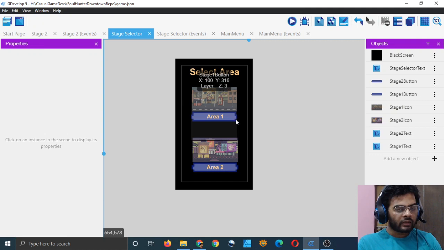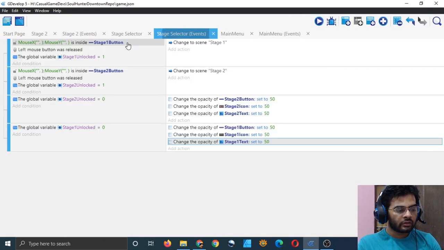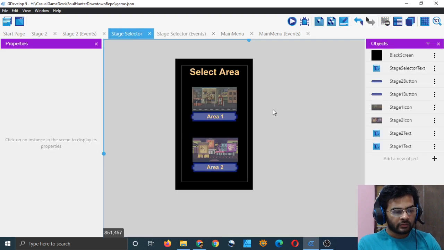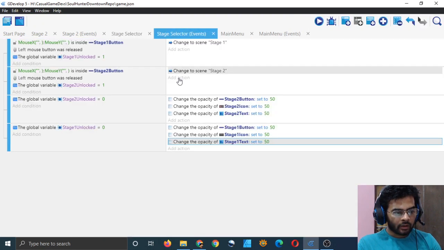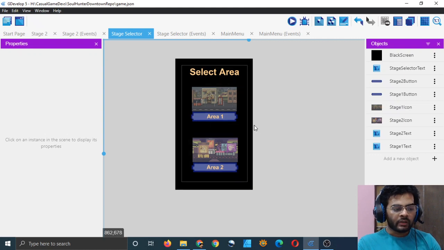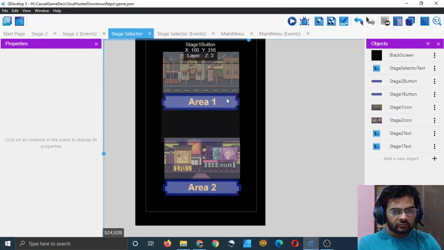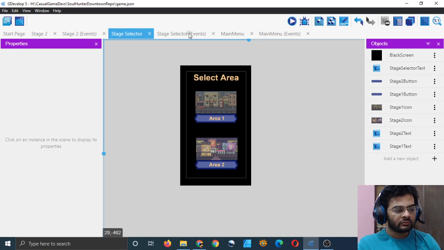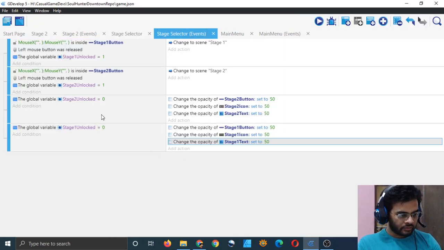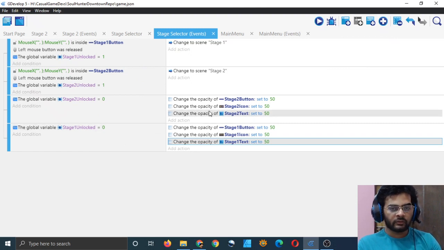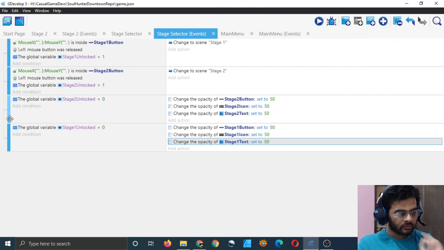It's just like that. So it should show me that I can click on the button, right? And to do that, I think I will again have to do something with the opacity, because that's simple to do. We can add another sprite and change the animation, but that will be a lot of work. However, again in this stage selector, we have to set the opacity back to 255 also. So for that we have to add another piece of code.